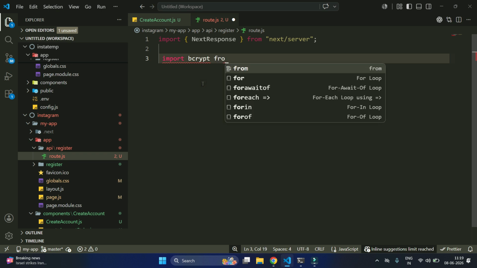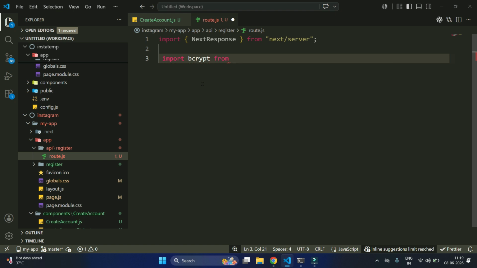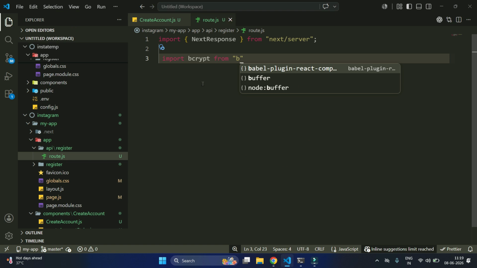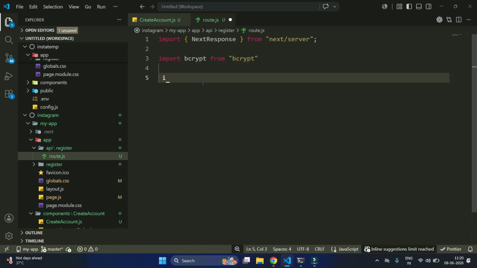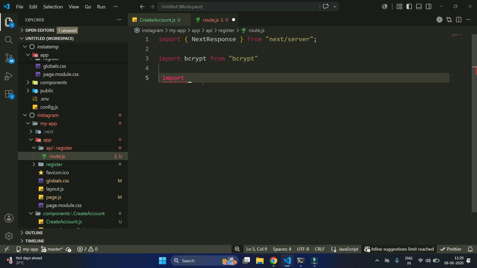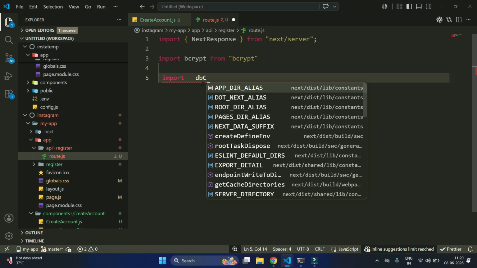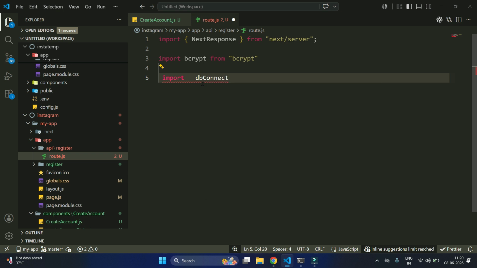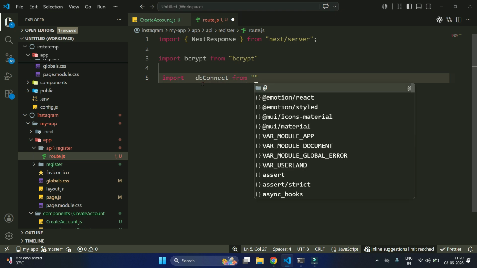Import bcrypt from bcrypt. Then import, this is here, import dbConnect from